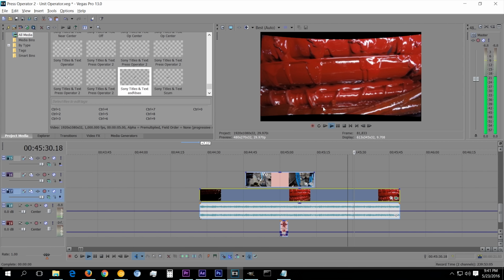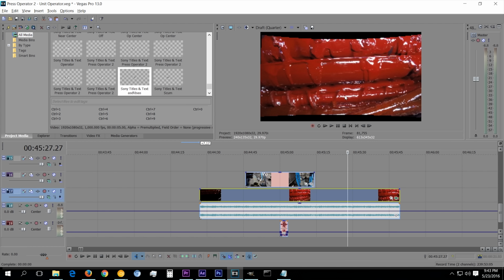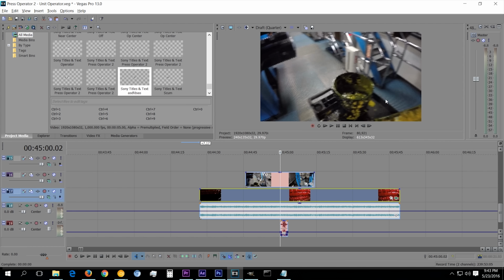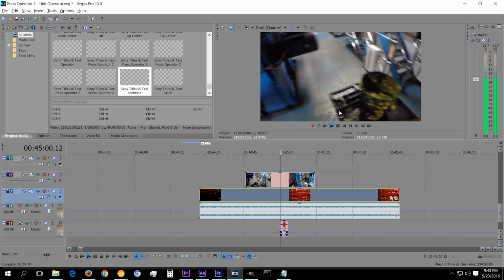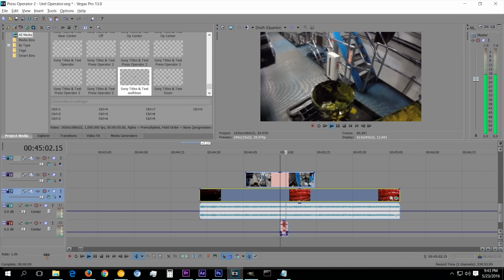Okay, now you can see how it's kind of choppy. It's not playing perfectly. And as long as you're not doing too many transformations to it, it still should play kind of okay. But when you start putting on layers and layers of transformations, or you start playing back at a higher frame rate or resolution, it's going to be more and more choppy. Now, one way that you can fix that, you can turn the preview down, and that's going to make it kind of fuzzy. You can see all the pixels, very pixelated, doesn't look very good. But it will increase the